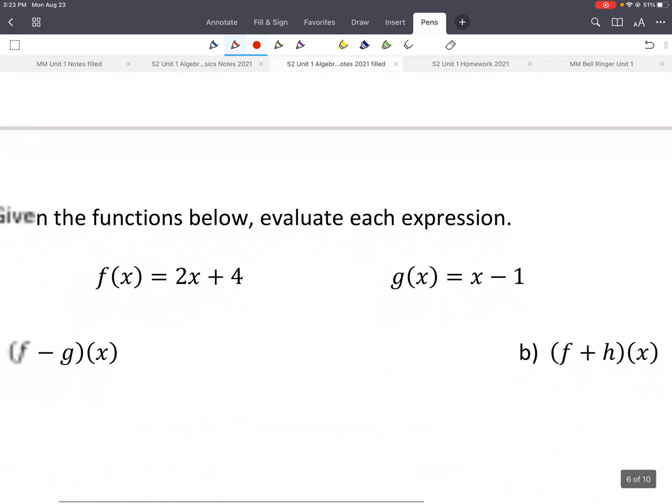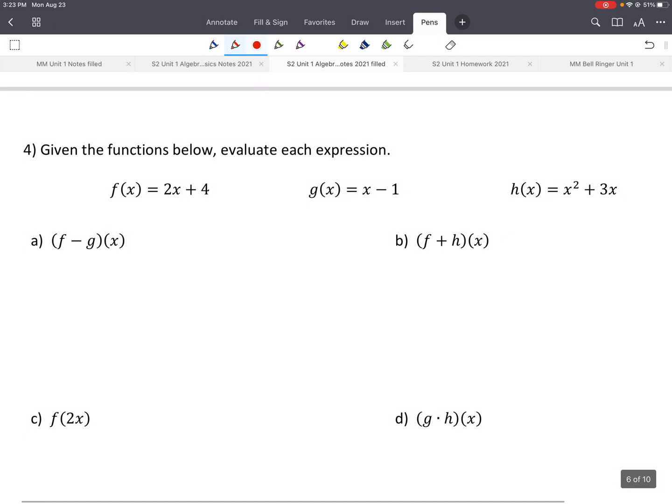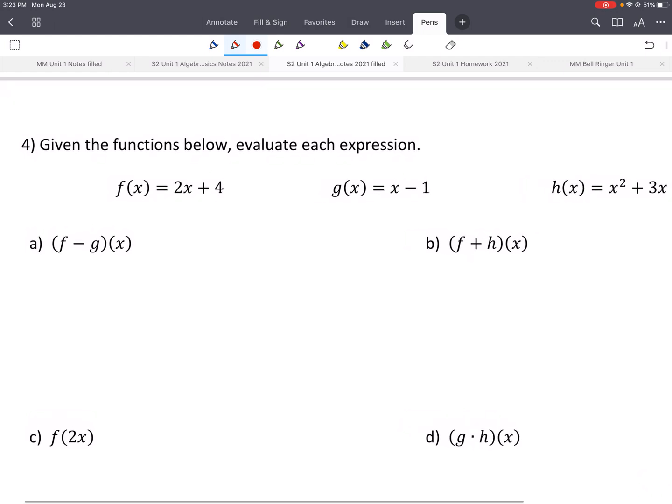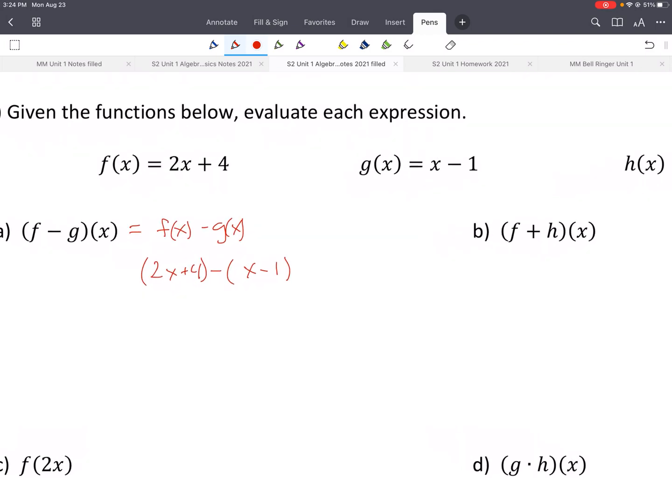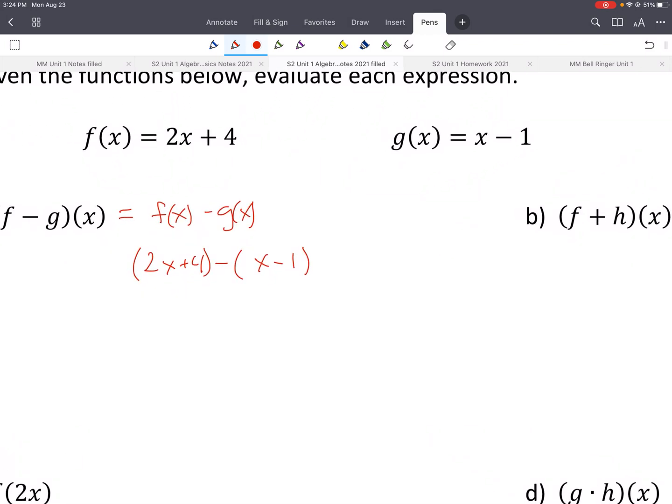So here are just some examples. We have f of x, g of x, and h of x. Here, for example, A, we want to subtract f and g. Again, this is the same thing as f of x minus g of x. And f of x is 2x plus 4, and g of x is x minus 1. So we substitute what f of x is, we substitute what g of x is, and then we just need to do what we did at the beginning of our lesson, where we add, subtract, or multiply